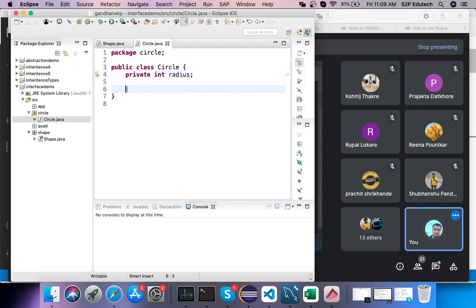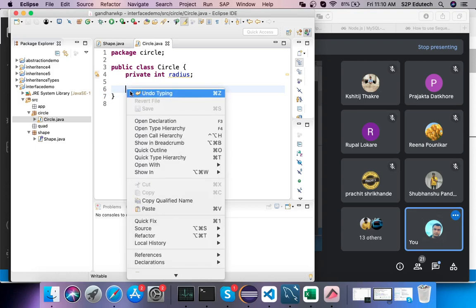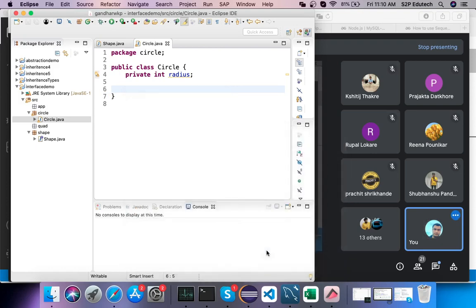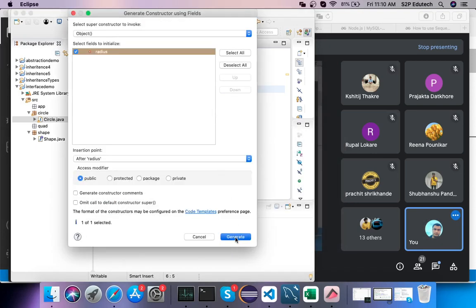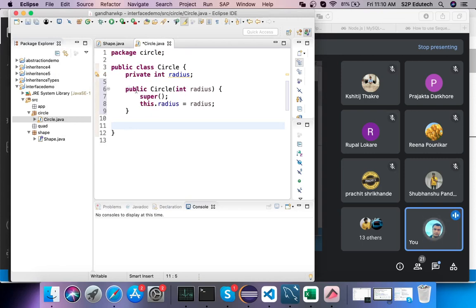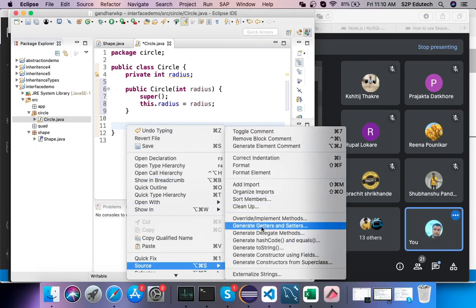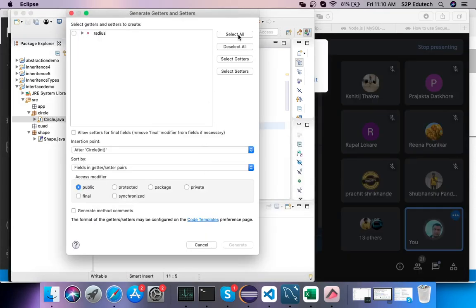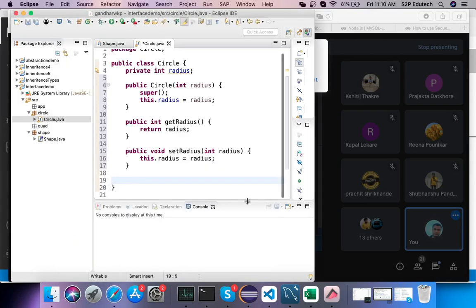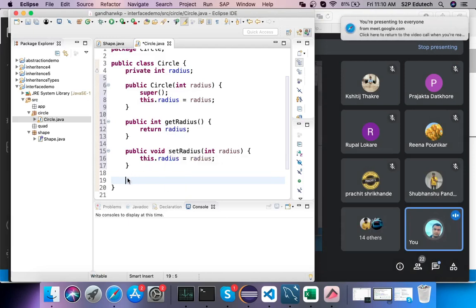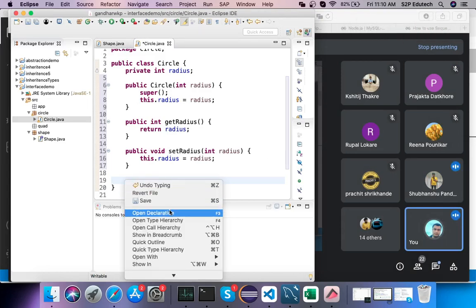And along with this, I am going to create constructors. Eclipse gives this thing to us. I'll generate a constructor, right? So it generated a parameterized constructor. I am also going to generate getters and setters. If you are well versed with writing getters and setters, only then you should use this automatic thing. Otherwise it is better that you write them manually. I am just showing you another way, that's it.